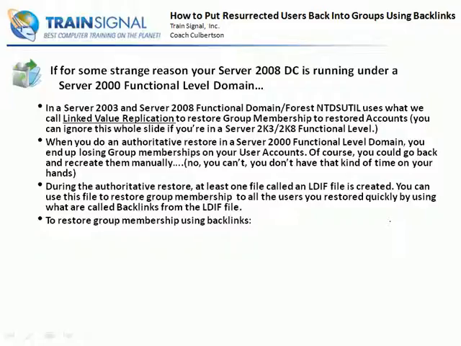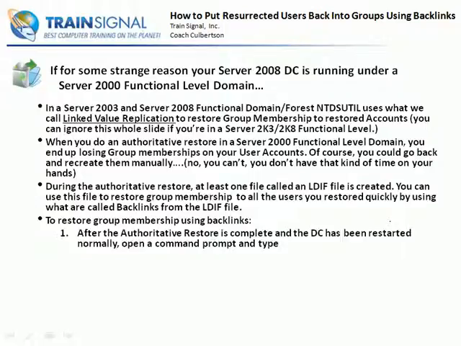You will only need to do this if you're in a Server 2000 functional level. So here's the process real quickly. I can't show this to you, just so you know, because we're running Server 2008 functional level, right? So I do want to just talk you through it real quick. It's really easy. After you do an authoritative restore, your DC has been restarted, you're going to go back and